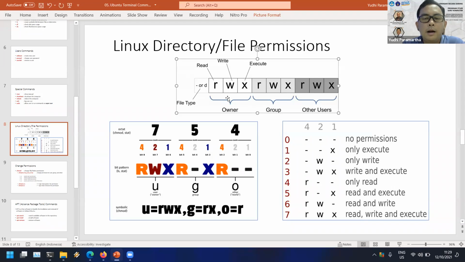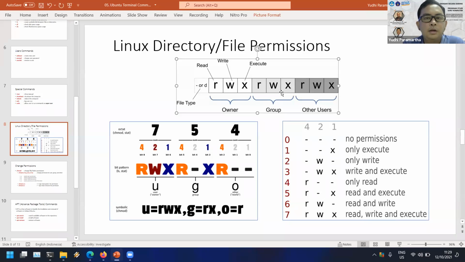But the combination of the class, the group of the international class, is called the group, or we usually call it a user group. So the combination of some of the users, we call that a group.